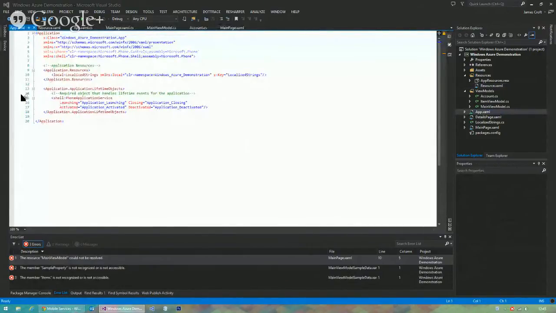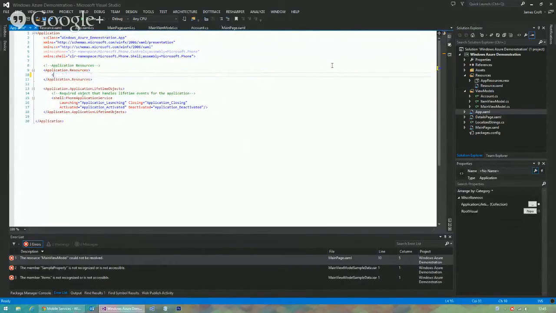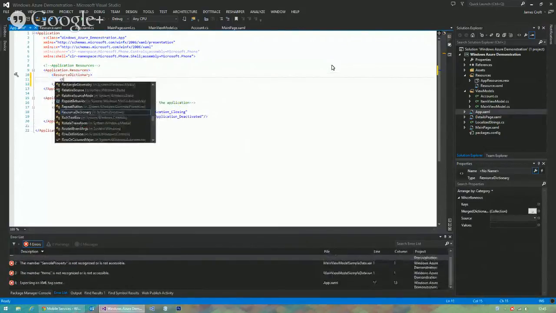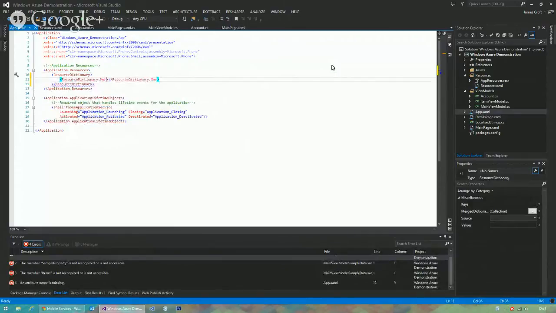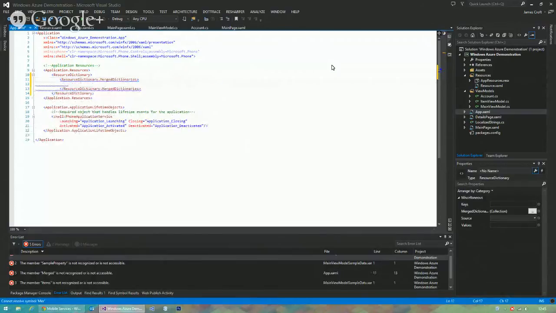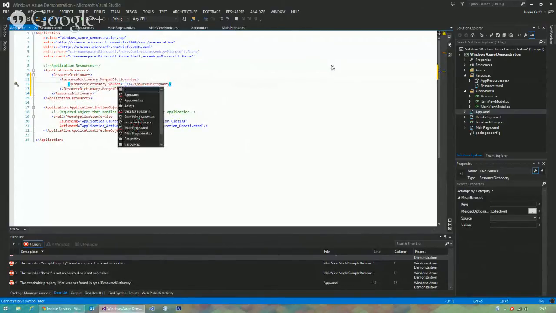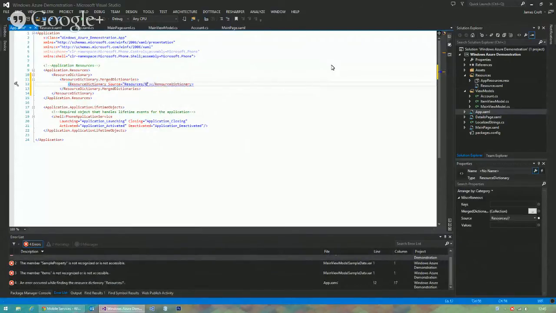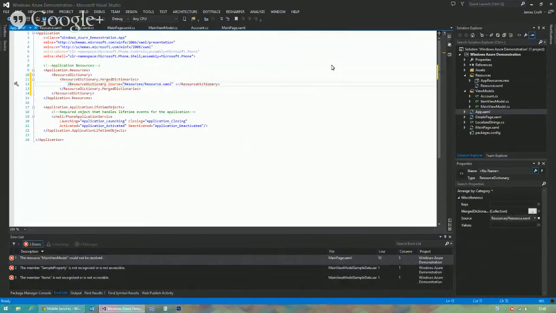So in here we have this section called Application.Resources. We just want to delete what's in here, and we want to create a resource dictionary. And in here we want ResourceDictionary.MergedDictionaries, and we want to add the resource dictionary, and the source is in Resources/Resource.xaml. And there we are. Now if we build this quickly,